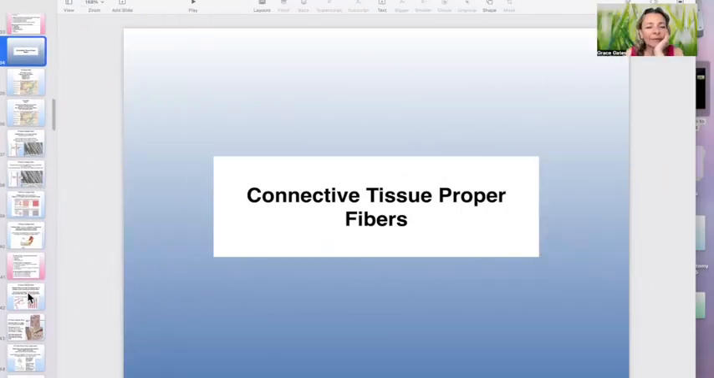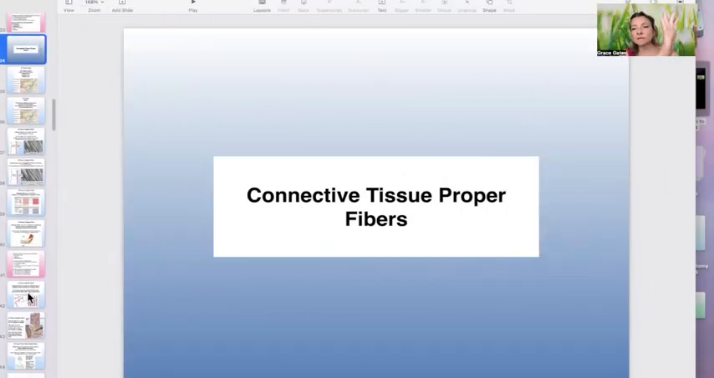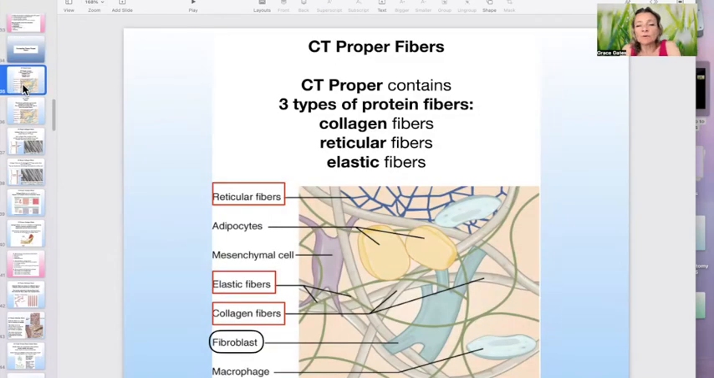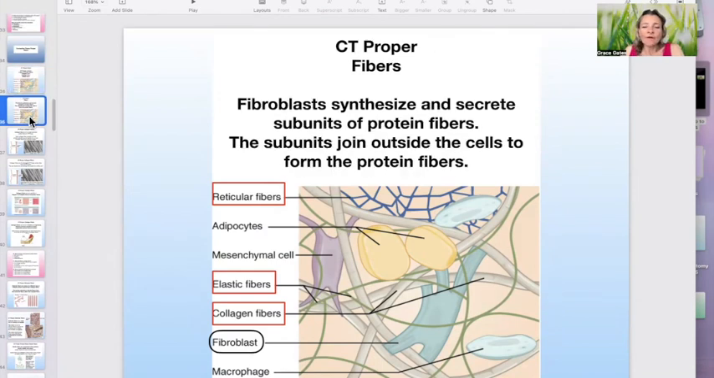Okay, so now that was connective tissue proper cells, and next is connective tissue proper fibers. So connective tissue proper contains three types of protein fibers. Those are collagen fibers, reticular fibers, and elastic fibers. Fibroblasts synthesize and secrete subunits of the protein fibers, and then the subunits join outside the cells to form the